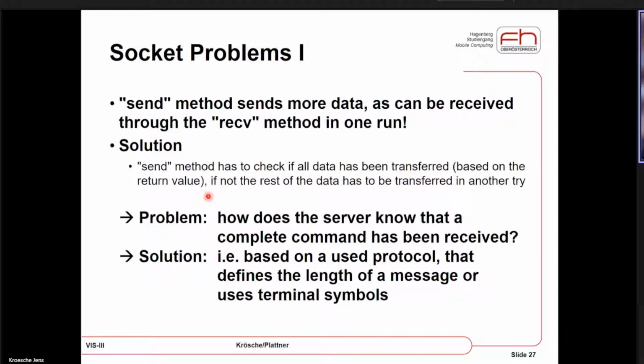So as you said, the receiver cannot know that it was split up, but if you use a protocol that tells you, okay, this is protocol X and the command I send you ends with a special sign, and the special sign is not in the block you received, then another block needs to be attached to the command. Or you have something like HTTP where you have some headers and then comes the content,